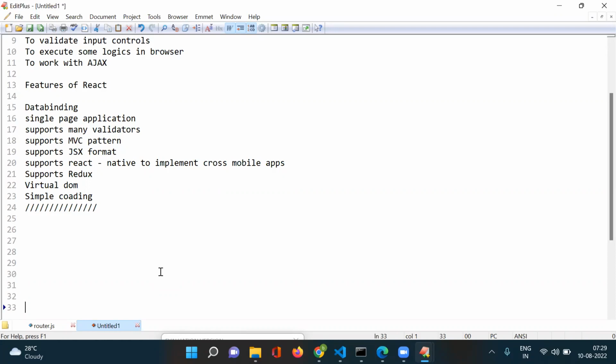Now, first of all, if you take these client-side scripts, I told you they are used in web applications, and we are also using them in mobile applications. One use case I'm taking is the login form. If you take this login form,